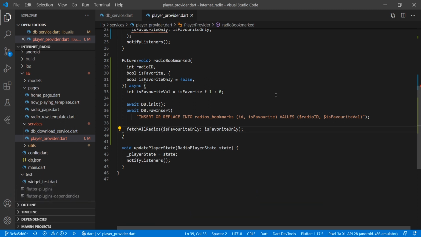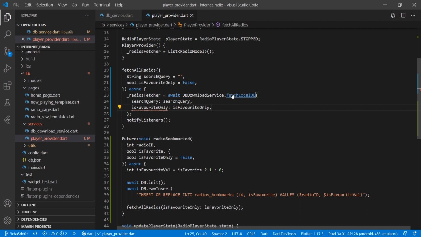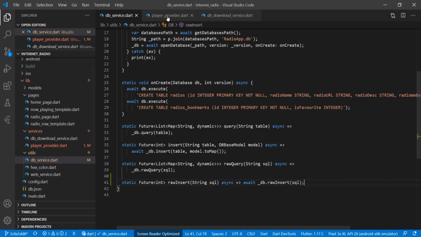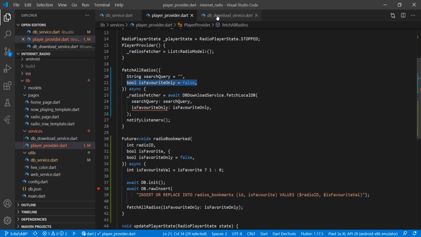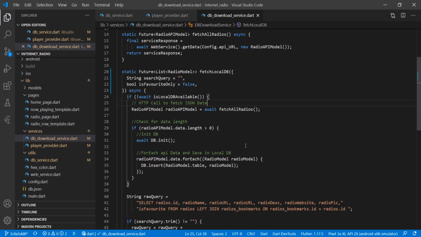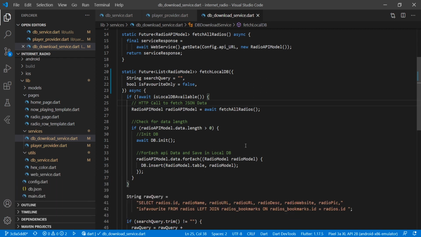So now we will update our DB download service. Here also we will pass one parameter, that is isFavorite only. Basically we are adding isFavorite only because we are using the same fetch local DB method in the radios page and in the favorite page also.